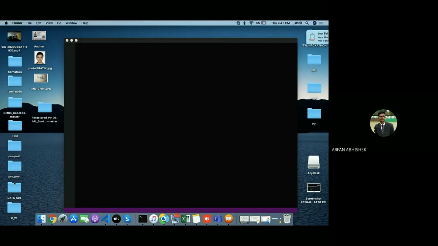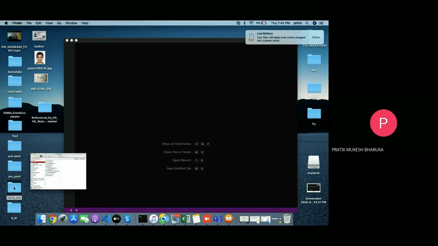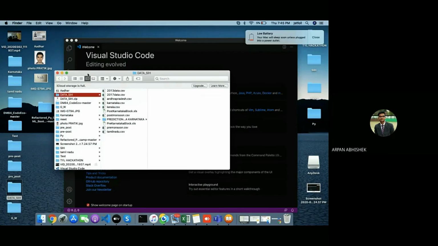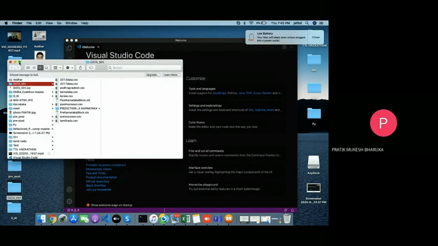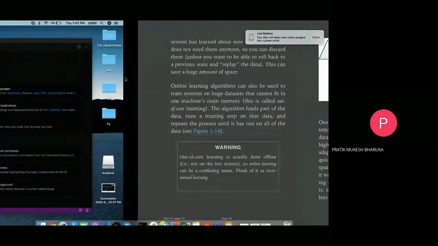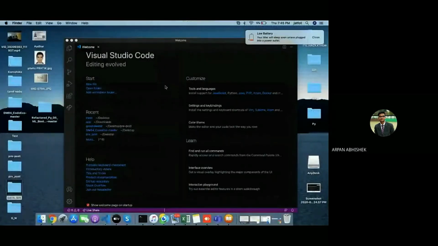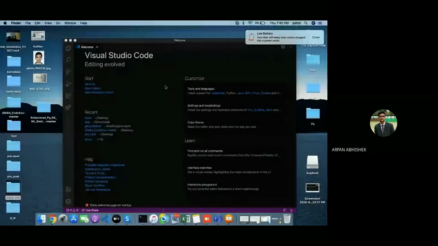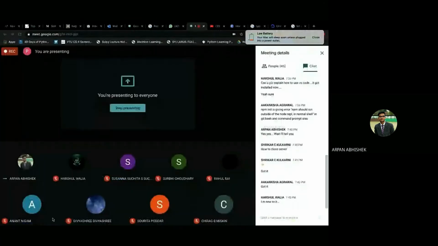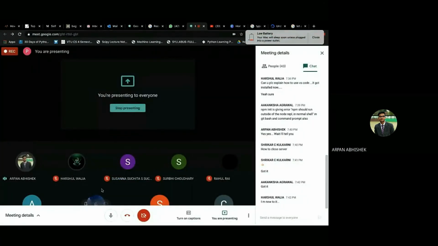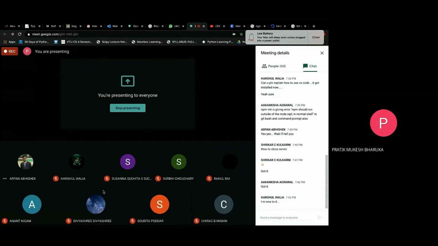One second. Harshul, which OS are you using? Windows. Okay, so you'll be using Git Bash or PowerShell for your terminal. I have no idea. Okay, I got your problem. I think he has a problem with the command interface. He might not be using it. I get that.